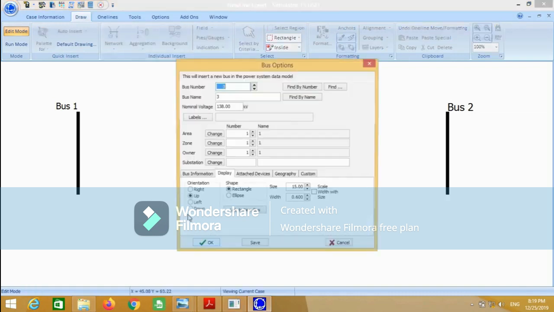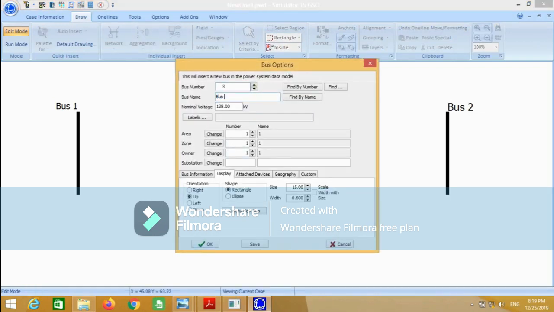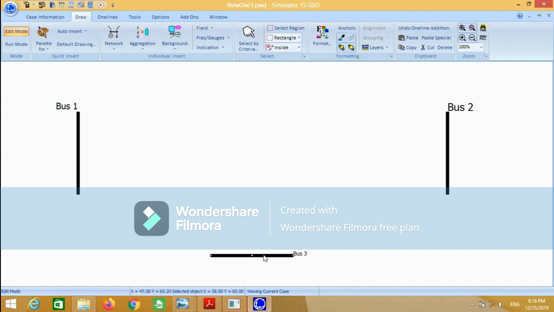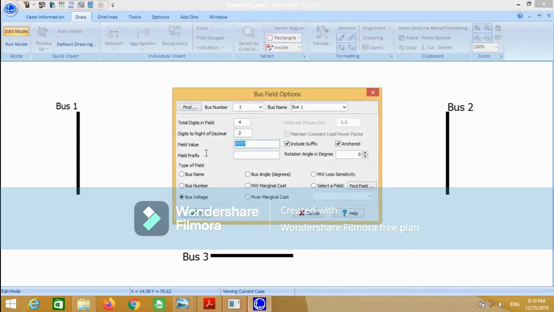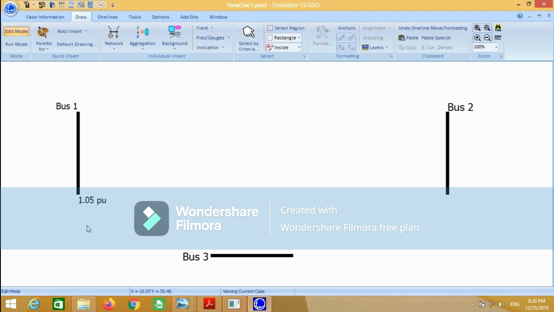Similarly, for bus 3, just change the name bus 3. Again, voltage is considered as 1.0. Now we have to put the voltages, so go to the field and click on bus field. Just write here 1.05 because this is the select bus voltage and click on OK. Similarly, for bus 2 and bus 3,